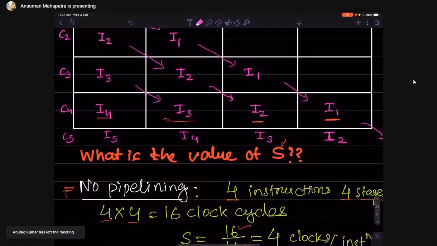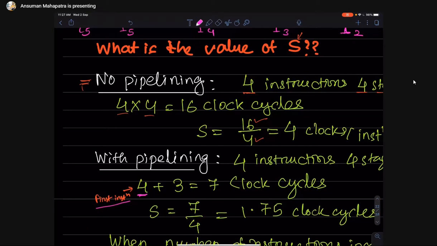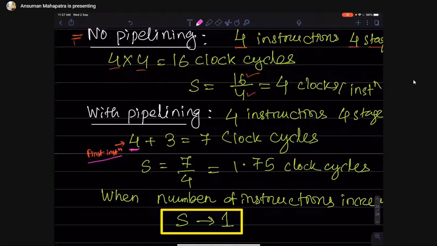What about the third instruction? It will also take one cycle. So total 4 instructions are there. First instruction took 4 cycles, second took 1 cycle, third took 1 cycle, fourth took 1 cycle. So it is 4 plus 3 equals 7 clock cycles total.